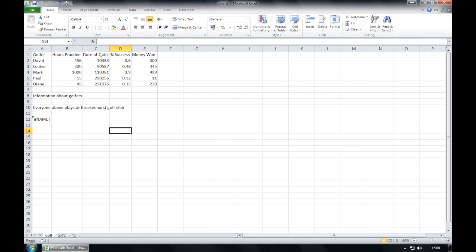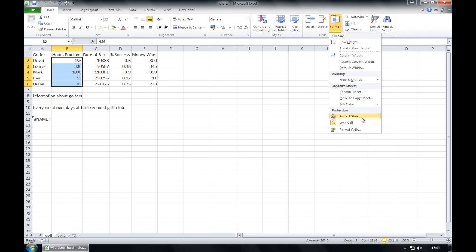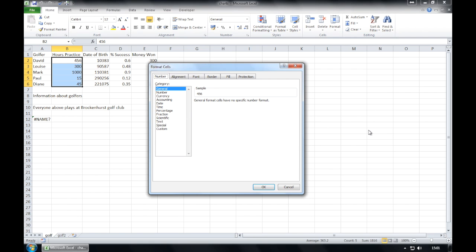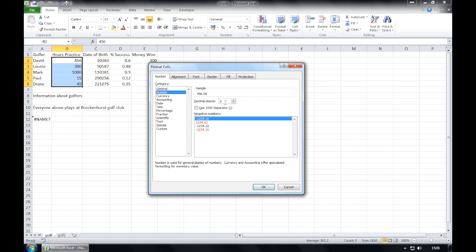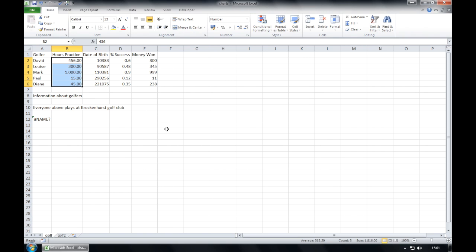We're going to format cells B2 to B6. We're going to format them to two decimal places, including a separator. So from the Home tab in the ribbon, format cells, and we want this to be a number that is 2 decimal places, but it does have the comma separator. And press OK. We're again going to get cells C2 to C6.